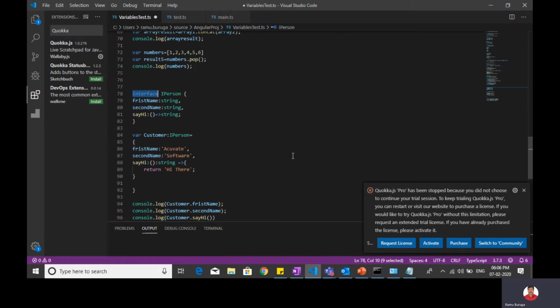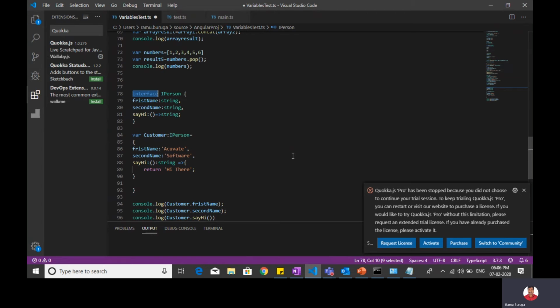I think, as I know, an interface is a contract between the consumer who is using it and who is providing it. Let's say you are developing one object, your class object. When you develop, normally in a class we will have class members, and methods also we will have, right? Methods we will have.